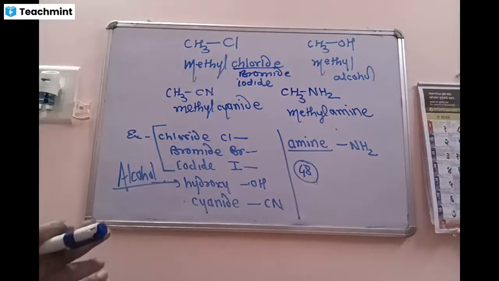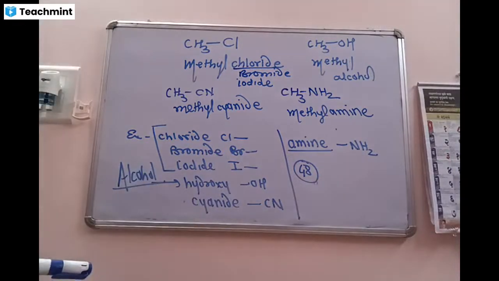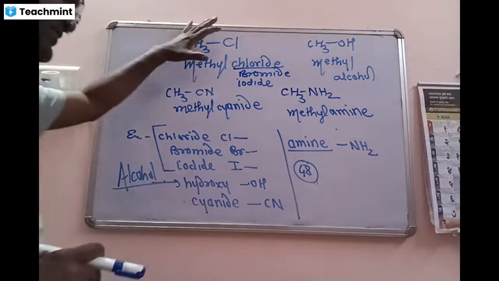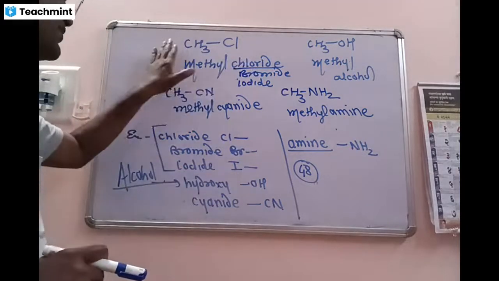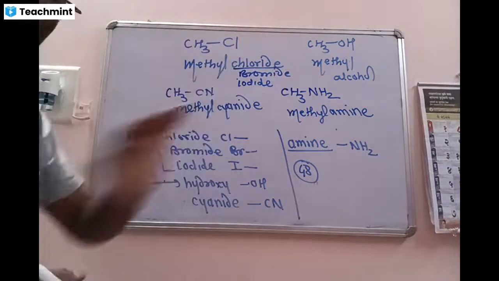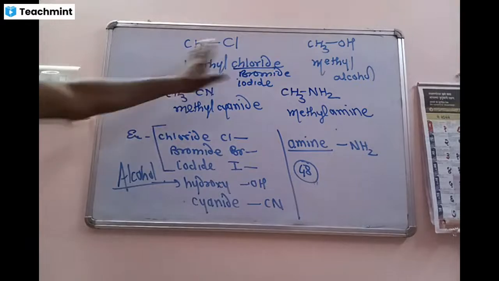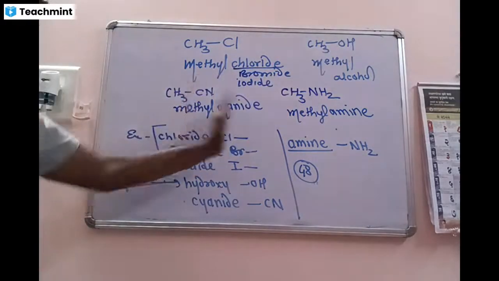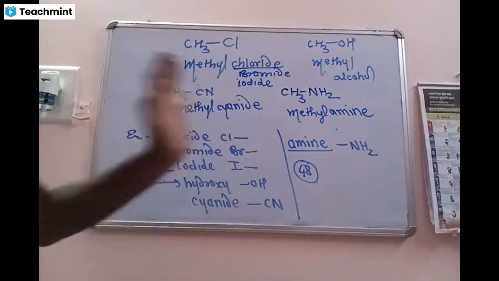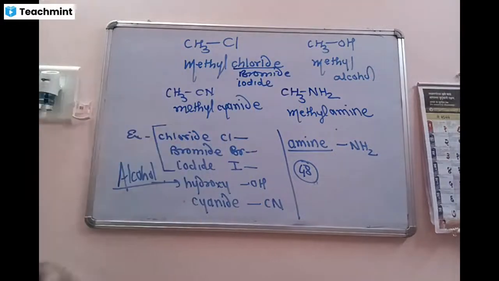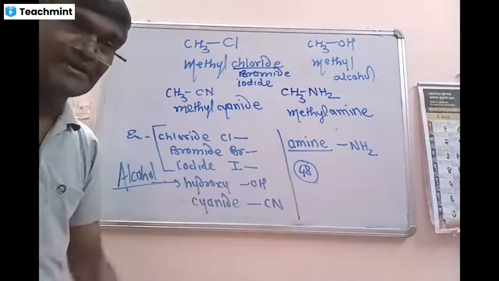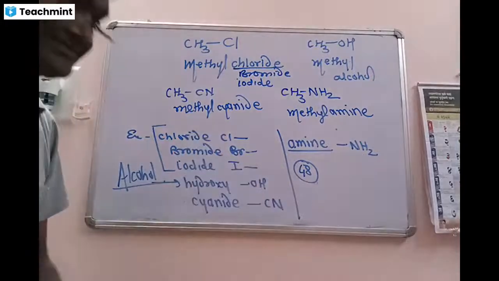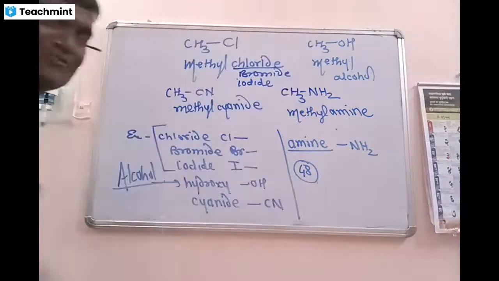All these names are called the common names. Now, if you go through, instead of this, you can use ethyl everywhere. Ethyl chloride, ethyl bromide, ethyl iodide, ethyl alcohol, ethylamine, ethyl cyanide, and all that. You will get the number of compounds. In this way, how many compounds can you prepare now? 48. ये तो सिंपल वाले हो गए।